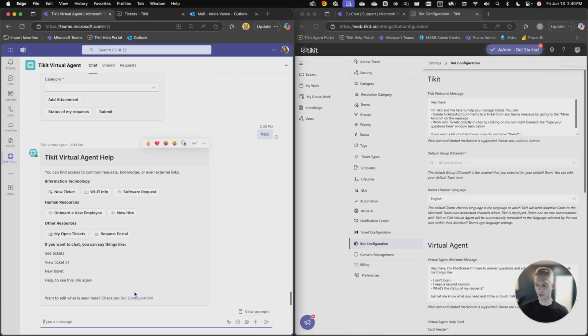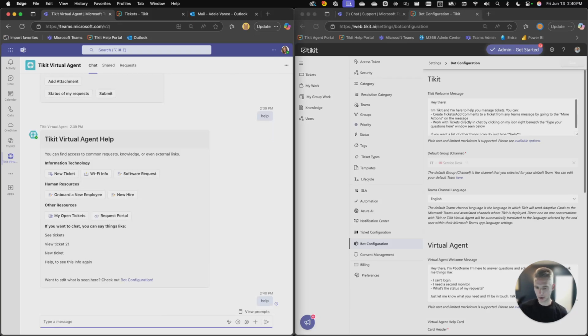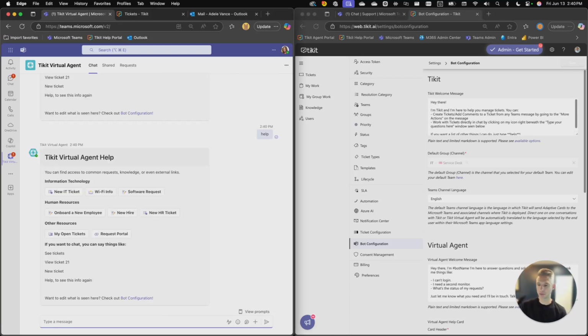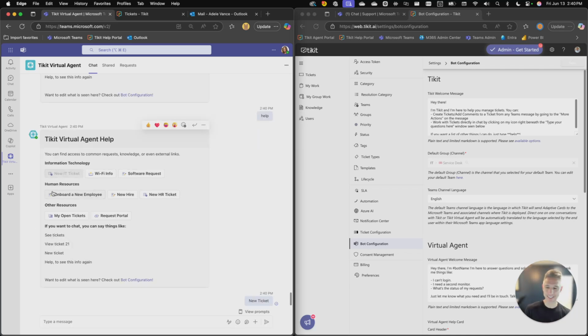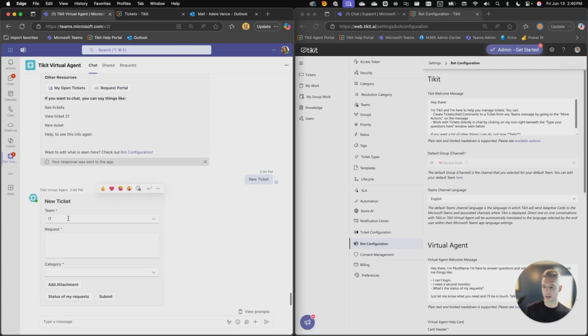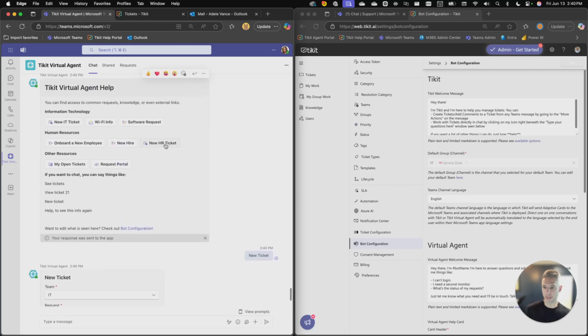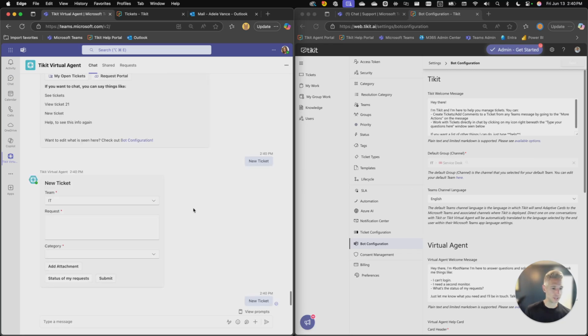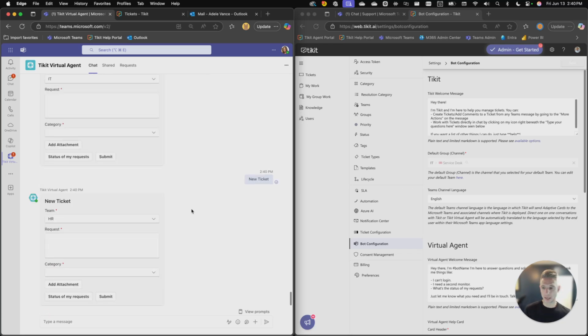Now, when I save, that happens immediately. So I'll go back to the help menu. We'll see a modified help menu here, and in here, you'll see new IT ticket. When I select that, that will send the ticket to the IT team. And if I choose new HR ticket, that will send the ticket to the HR team. It's a subtle difference, but it's a much cleaner experience for your end users as they're traveling to create tickets